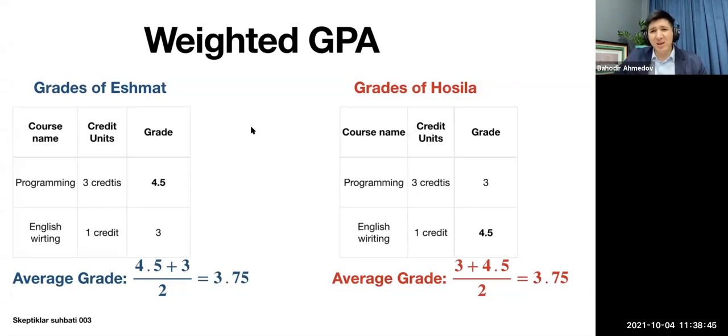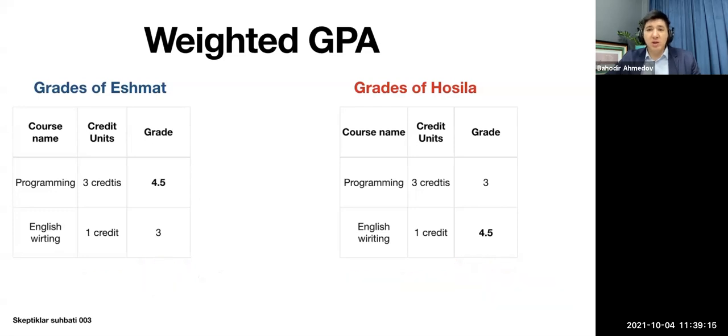But how fair is it to assign the same grade to both of them? Because 3 credits means that Ahmath has to study more per week, attend more lectures, study more books, and so on, right? So it is not really fair, because it doesn't take into account the so-called importance of the subjects, the credit of the subjects. That is why people have figured out how to calculate something called the GPA, which takes into account the credits of the subjects as well.